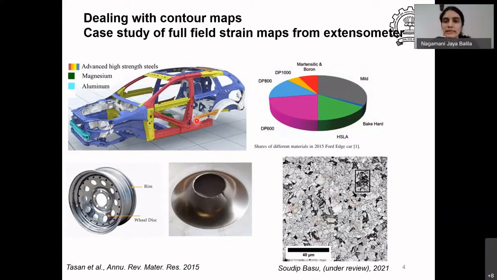And it's used in automobiles, especially in the car chassis. It's used because it can take a good amount of deformation. Why is the deformation needed? Because you want to form these parts, right? First of all, you want to form sheet metals and then form them into various shapes, and then fit them into a car. And in the process of driving, it should also satisfy what is called a crash test. So therefore it should have enough toughness. So it satisfies all these criteria, and therefore this particular material is used. And this is the sort of microstructure that we are looking at.